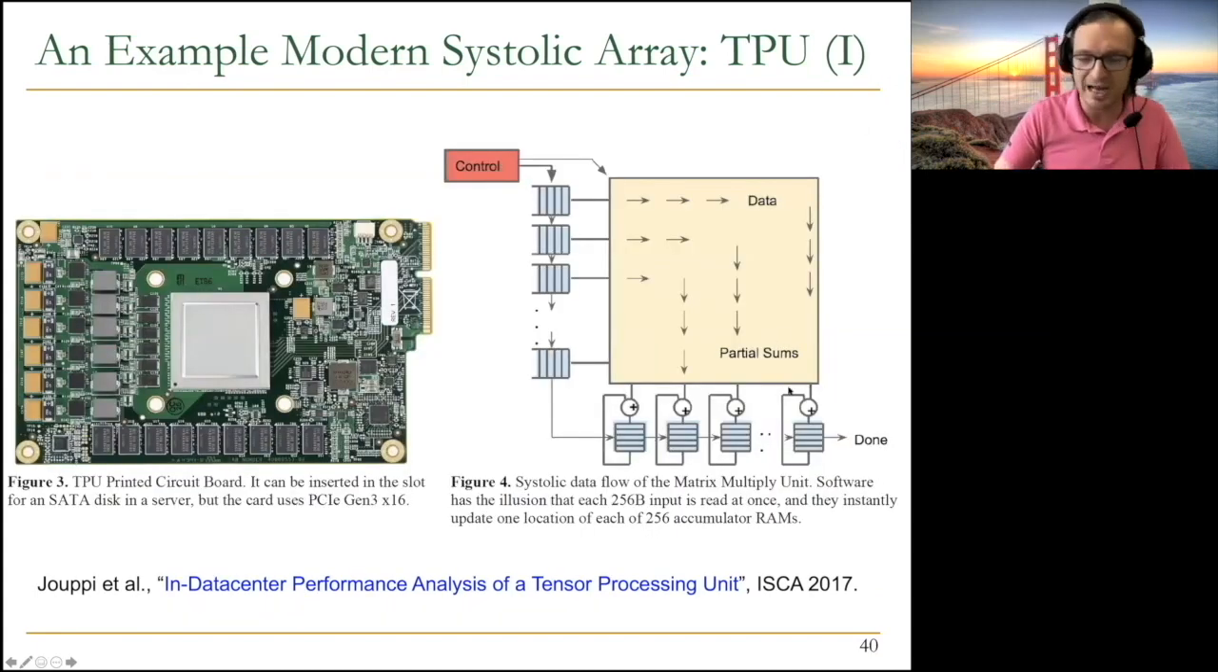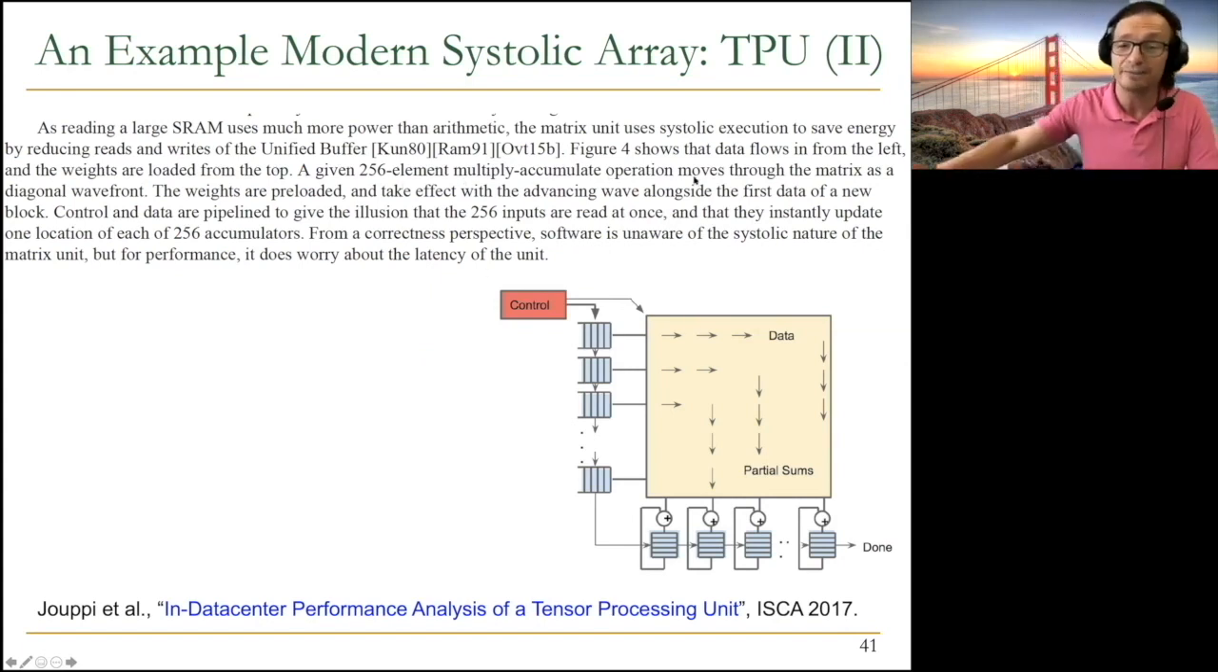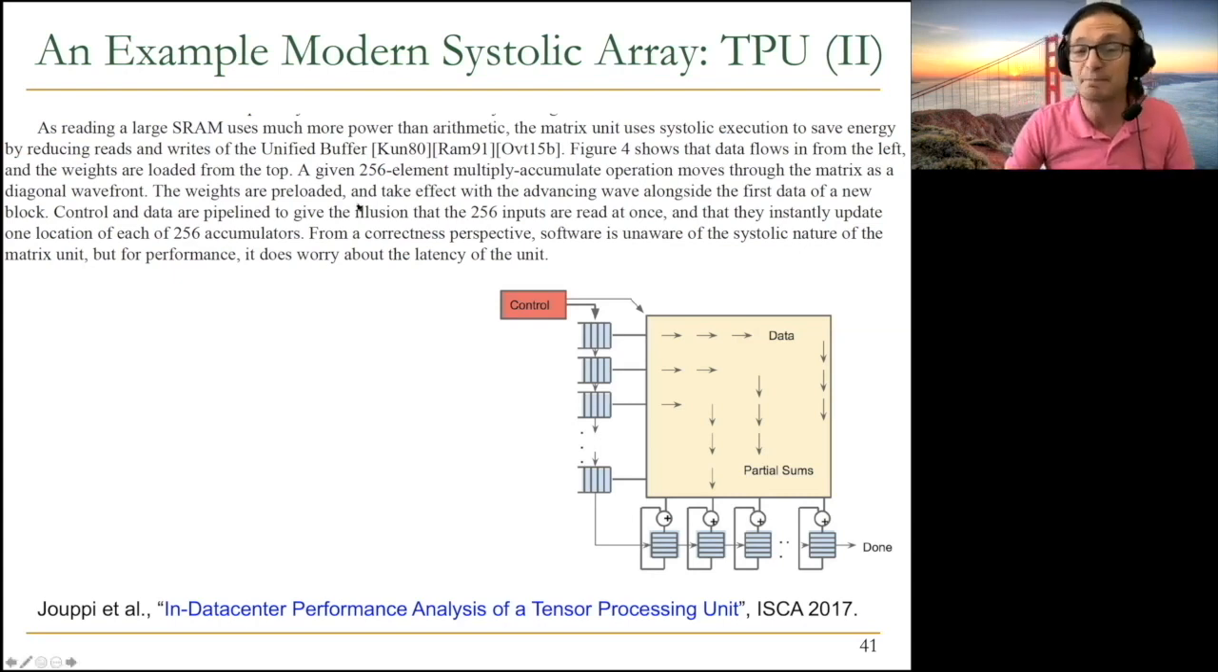Weights are loaded from the top. They don't show it over here. But a given 256 element multiply accumulate operation moves through the matrix as a diagonal wavefront. You can think about that. The weights are preloaded, as we have seen earlier, and take effect with the advancing wave alongside the first data